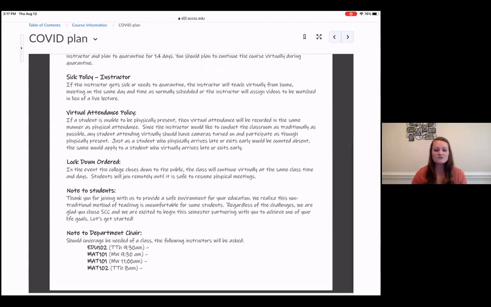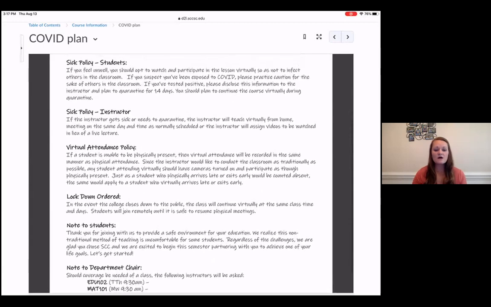I'm not going to read everything to you, but what I want to make note of is you are still required to be in class, whatever that looks like. For hopefully all of you, in class will mean that you have opened the Zoom meeting and your camera is running, like you can see mine off to the side. Your camera is running. That will be considered present. You will be marked absent if your camera is not on during Zoom or if you are not in the Zoom meeting. So it's running very similar to normal classes, except your attendance is marked through your video being on in Zoom.